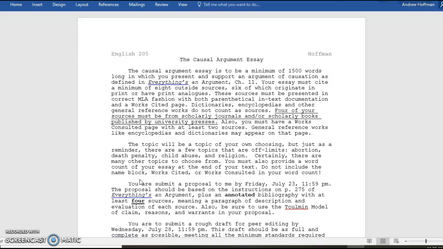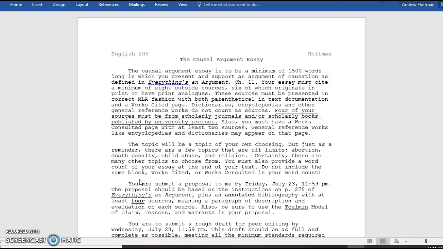Really, in many ways, the argument of causation could be two arguments. One is the argument that says why something happened. The other is the argument that says what's going to happen because of something, right? What I call reasons or results. Please look at my causation video for further discussion of this distinction.